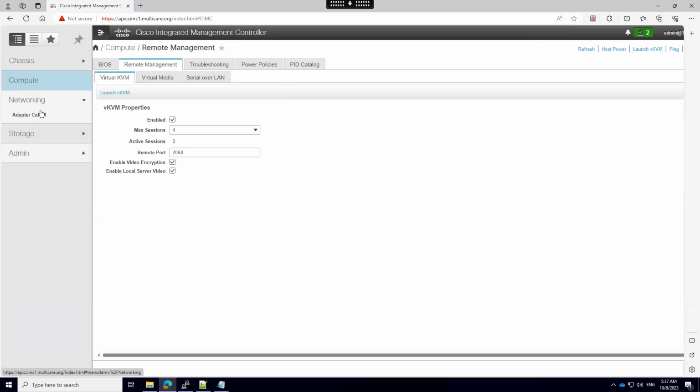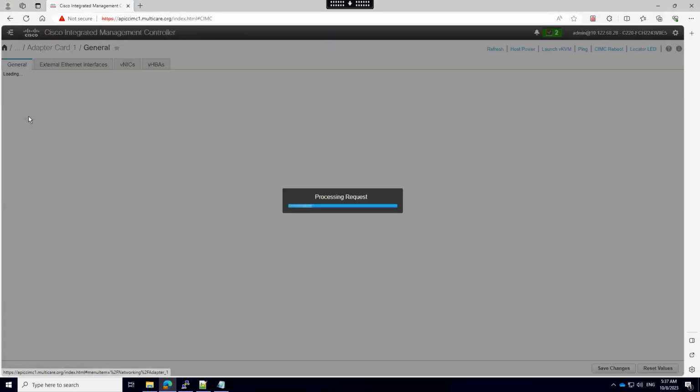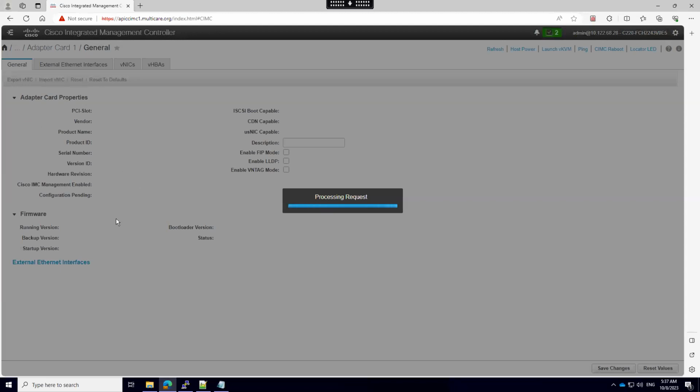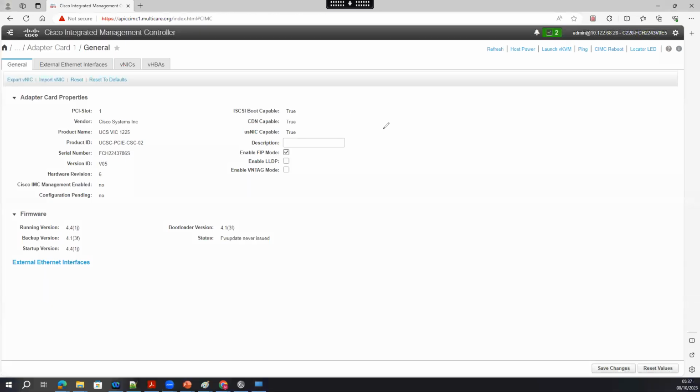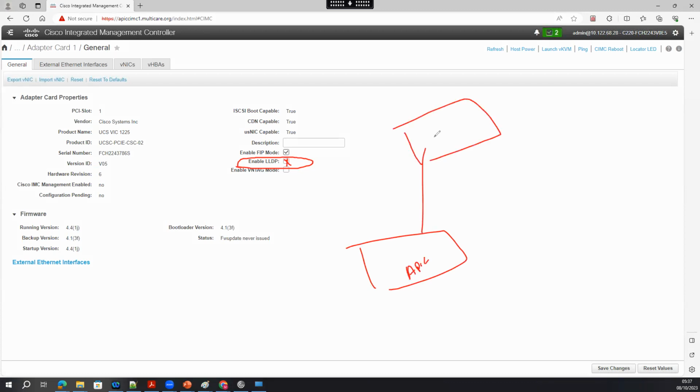For that, I go to the networking. Networking is the major part. If you go to the networking, you see the LLDP option. This LLDP option must be disabled. If you have the one APIC here and you connect it to your leaf switch, at the CIMC level, meaning NIC level, LLDP must be disabled.